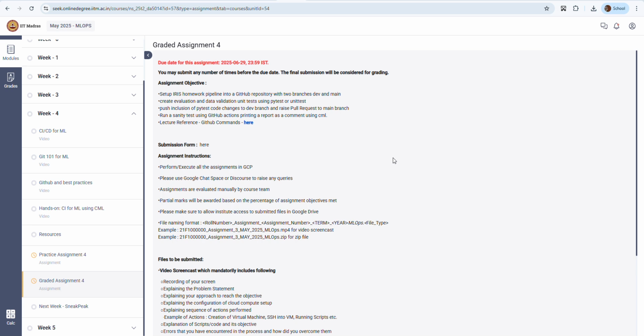This is graded assignment 4. In this week, we have to set up the Iris homework pipeline in a GitHub repository with two branches, dev and main. Then we have to create evaluation and data validation unit tests using Pytest or unittest. Then we have to push the inclusion of Pytest code changes to the dev branch and raise a pull request